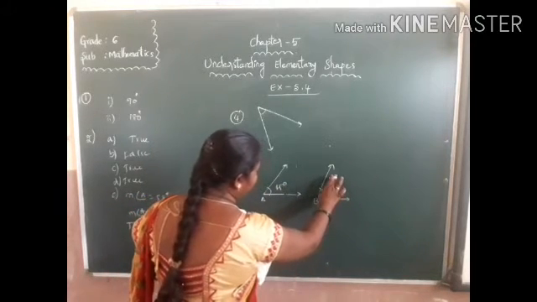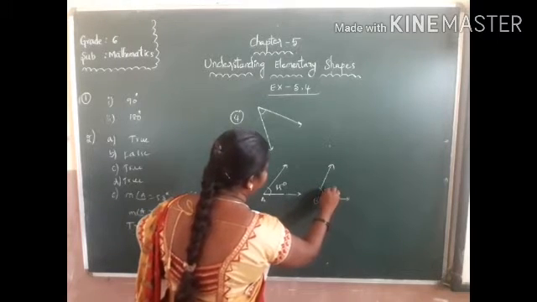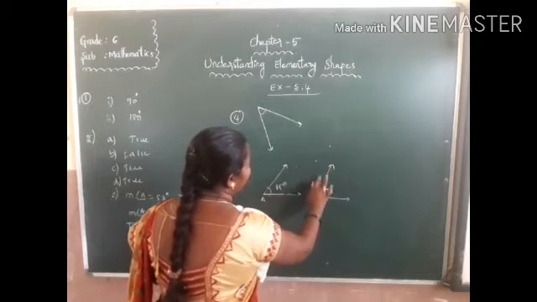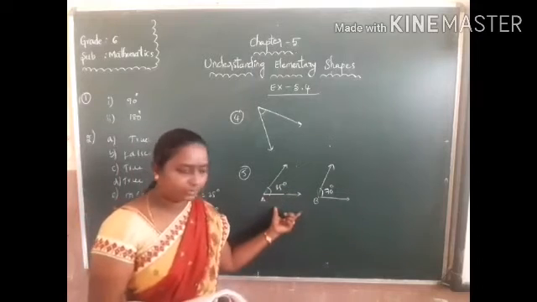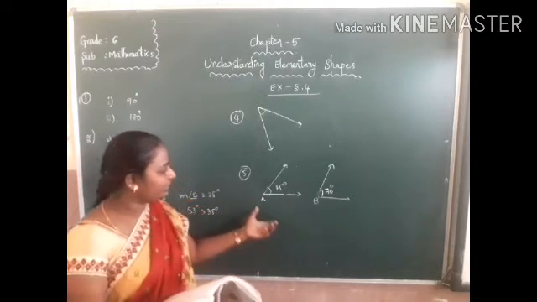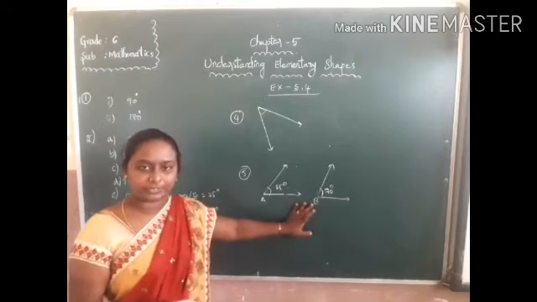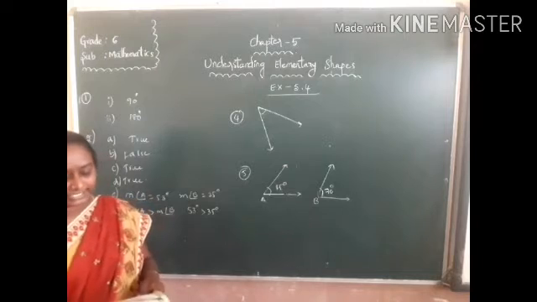So it is more than 60 degrees, 60 degrees or 70 degrees. Here 90 degrees, so right. Approximately by estimation I told like this. Now you have to measure this one with the help of a protractor. Okay, is it clear? Right.